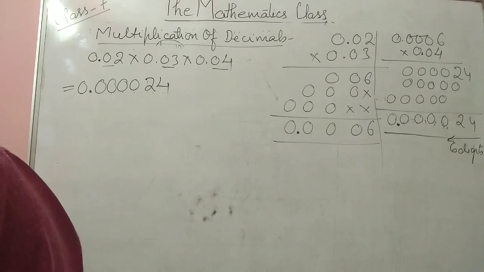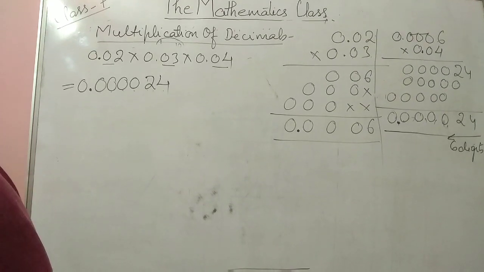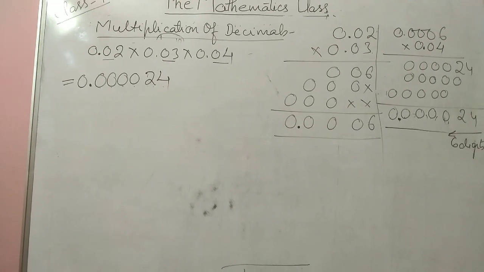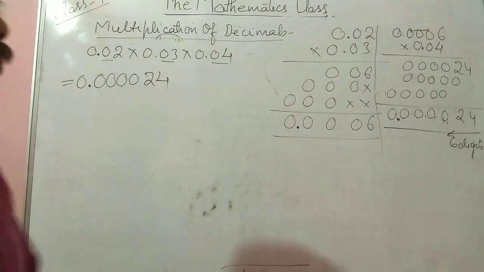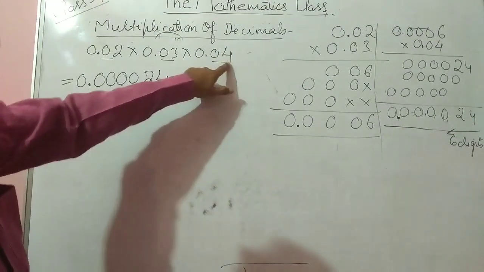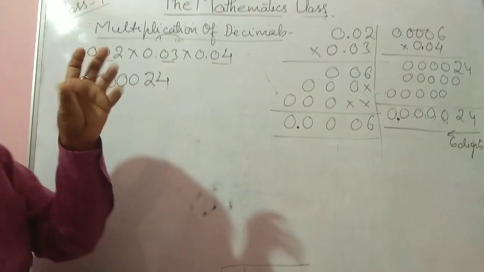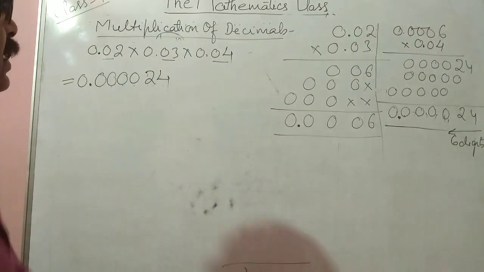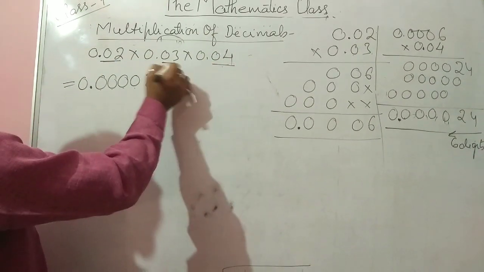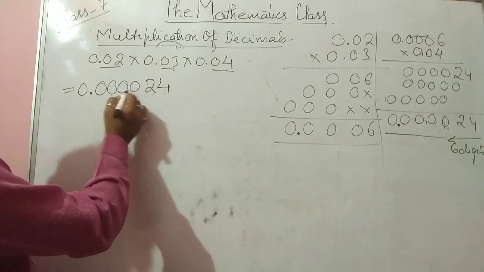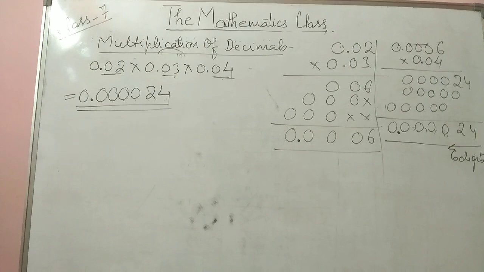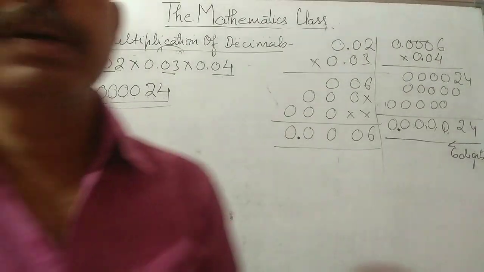So what is the basic thing that you have learned in this? Whenever there are decimals, we multiply the numbers as whole numbers and add together the number of decimal places in the given numbers. We multiply them as whole numbers: 6 4s are 24, or 4 3s are 12, 12 2s are 24. Then we add the total number of decimal places: 2 over here, 2 over here, 2 over here, so total 2 plus 2 plus 2 is 6. So we place the decimal after counting 6 places. I hope that is clear to you.